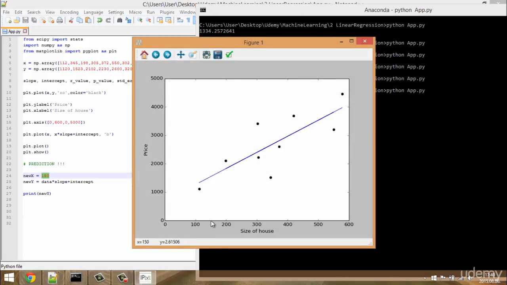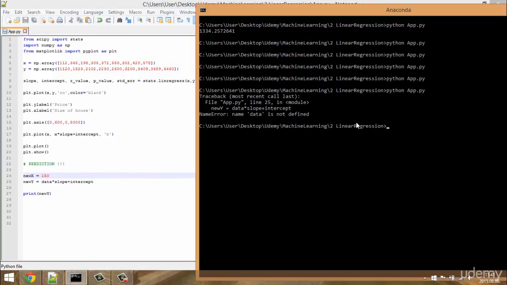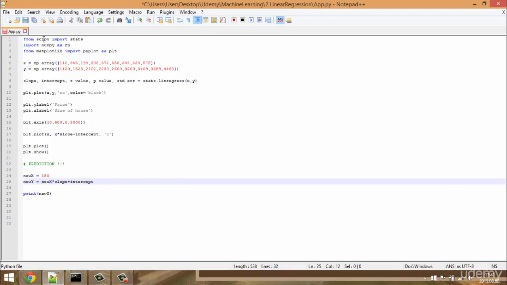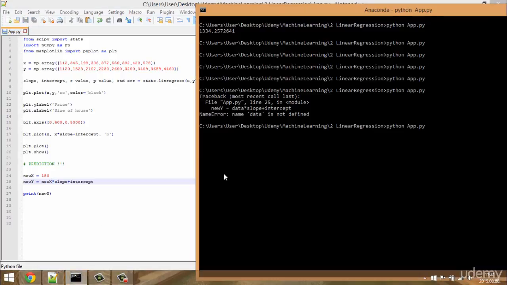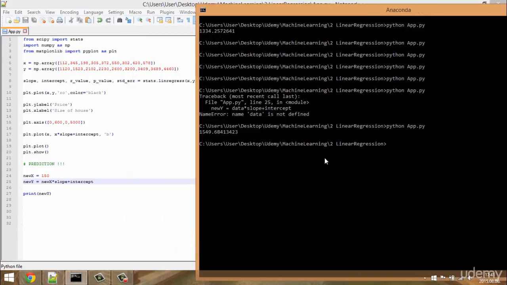So I think that for 150 something here, it should be approximately $1,500. Let's see whether it's true. Data.slope.intercept, data is not defined. Oh, okay, because I renamed it to new x. I'm going to rerun our algorithm. So again, approximately something like this, and yeah, it worked fine. The predicted price is exactly $1,549. So this is why, and I don't want to repeat myself several times, but this is why it's important,